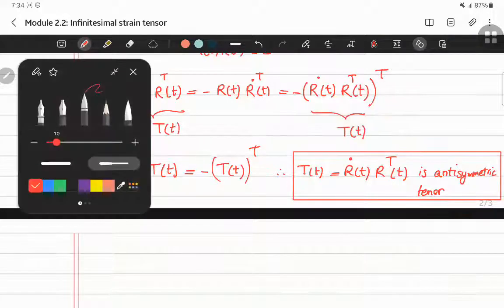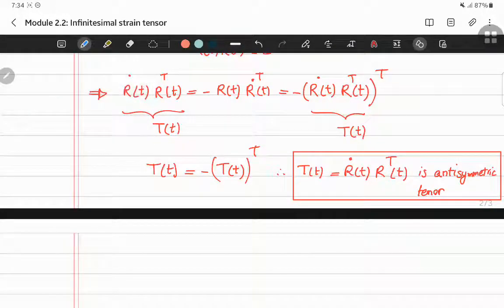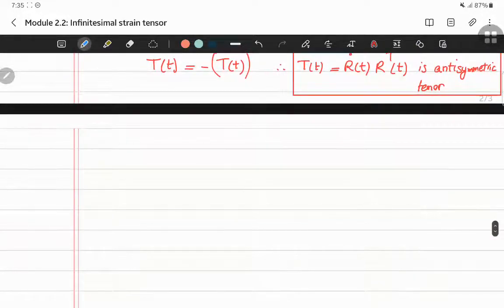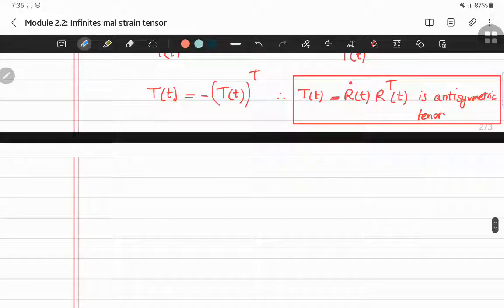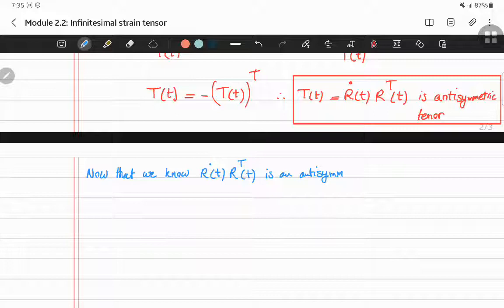All right. So now we know that this is an anti-symmetric tensor, so R dot T, R transpose T, is an anti-symmetric tensor,